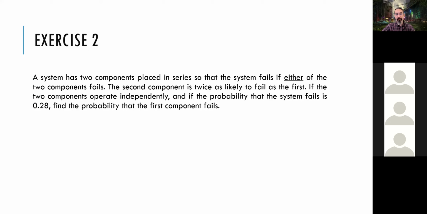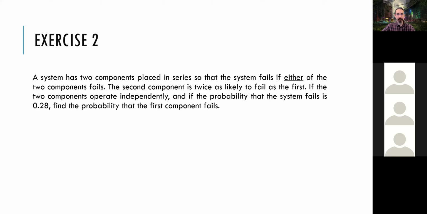The second component is twice as likely to fail as the first. Now, this is an important part because this is the most tricky part of the question. We have to assume that there is a probability P for the first one to fail, which gives us a probability of 2P for the second one to fail as well. If the 2 components operate independently, and if the probability that the system fails is 0.28, find the probability that